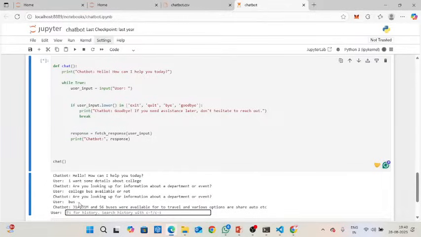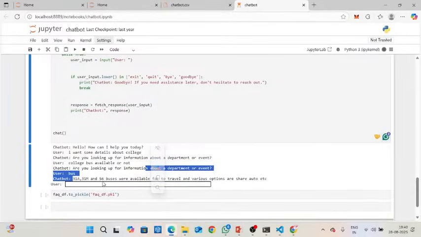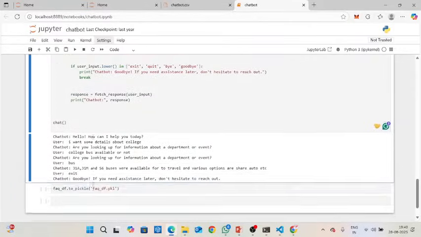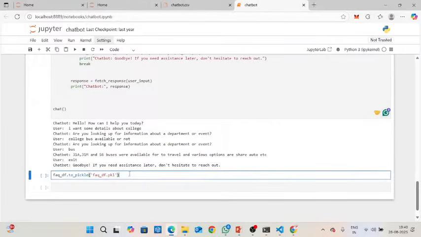If the keyword entered is bus, it will show like this. Now I want to exit the conversation. At that time I can give exit and get out of that FAQ chatbot. Now I want to use the chatbot in a further procedure.